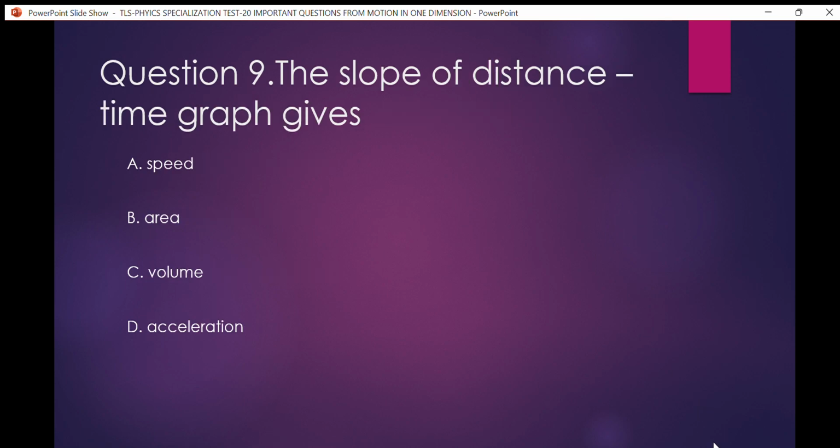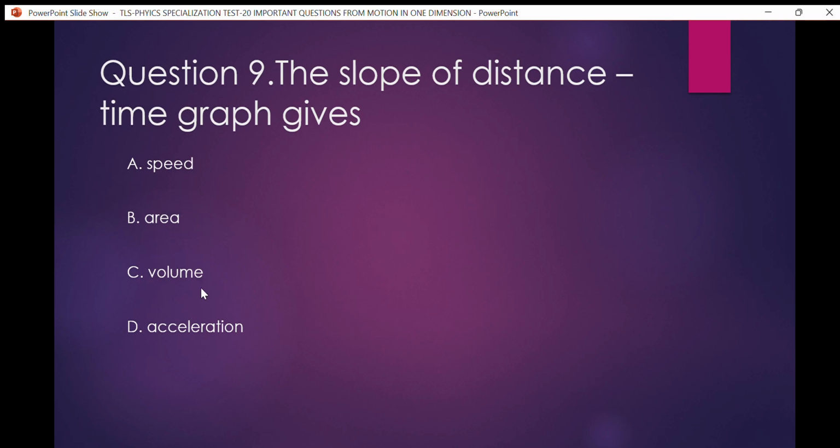Let me go to question number 9. The slope of distance time graph gives. Basically, what is a distance time graph? In a distance time graph, distance is mentioned along the y-axis and time along the x-axis. So that will give you an idea about the distance of the body during its motion. What is the formula for slope? Slope is nothing but change in y quantity divided by change in x quantity. So here on the y-axis distance is mentioned and on the x-axis time is mentioned, right? So distance by time will give you